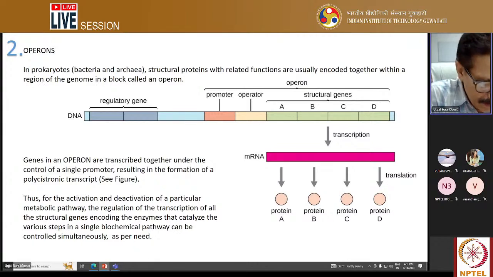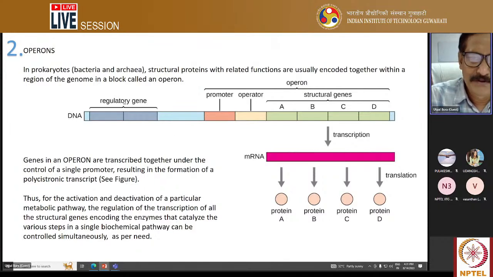An operon consists of a promoter, an operator, and a group of structural genes. Together they constitute one operon, and this entire operon is under the regulation of a single regulatory element or regulatory